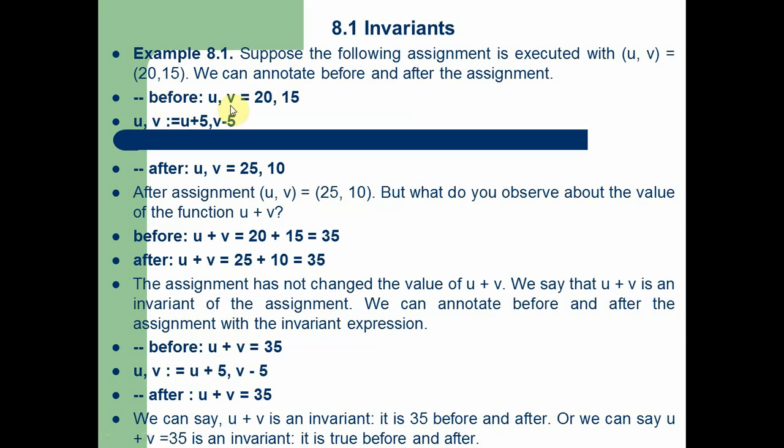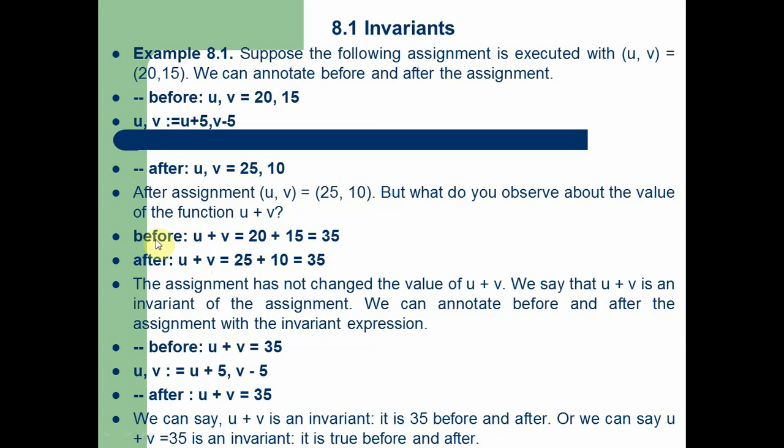See here, before the execution, the values of U and V are 20 and 15, and this is the statement which we want to execute: U is U plus V, and V is U minus V. After assigning, we observe that U plus V, 20 plus 15 is 35, and after execution of this statement, U plus V is 35. Because in this statement the value of U is incremented by 5 and the value of V is decremented by 5, after the execution of the statement, U plus V remains the same,